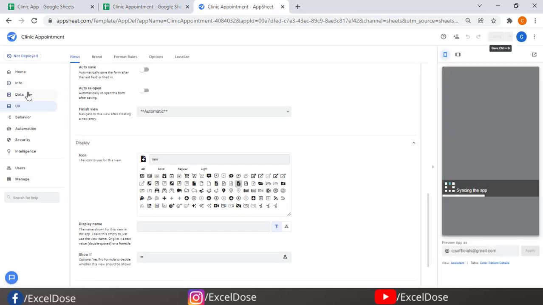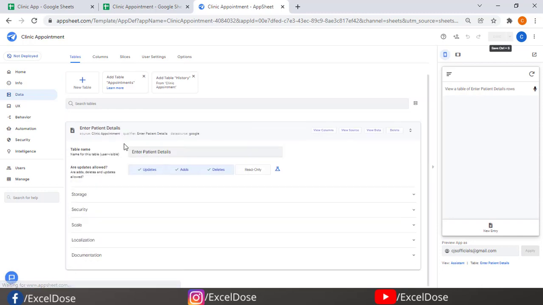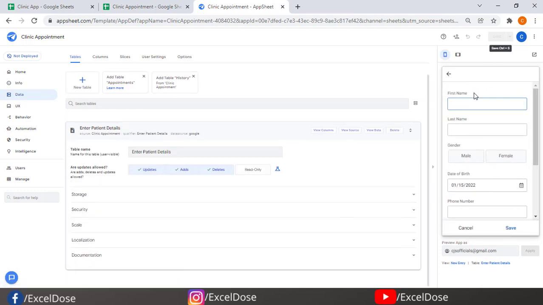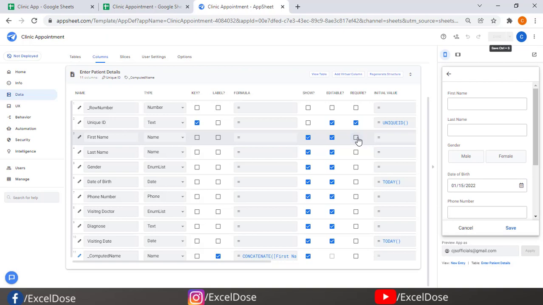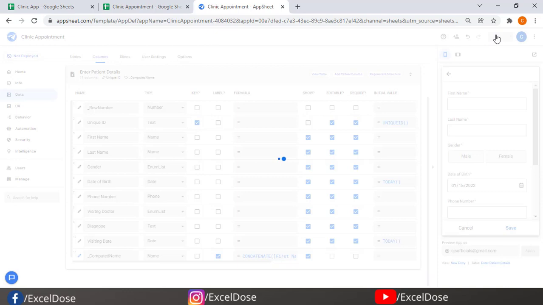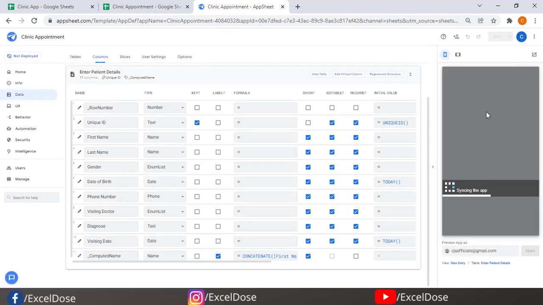So we'll go to the data section again, because I forgot one of the things. So if I click on new entry, you can see it's not showing here the star mark, because every entry should be required. So first name is also required, last name is also required. So whatever the required fields, you can check those also. And then click on save. So let's see if this form is working or not.